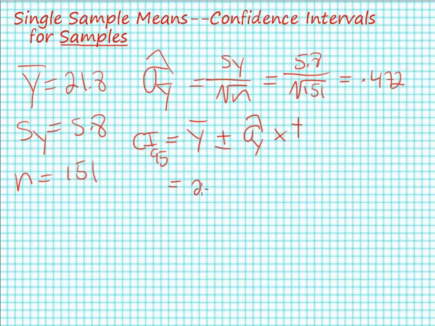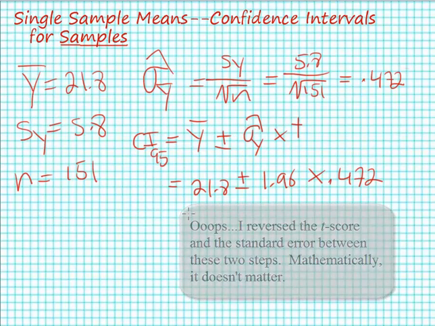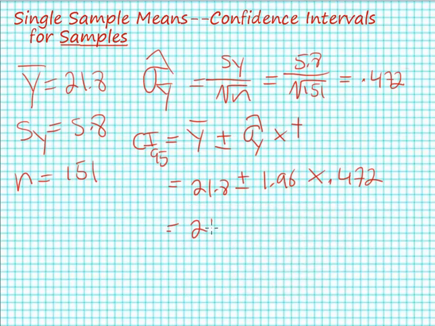Going a little further, 21.8 plus or minus 1.96 times 0.472, which equals 21.8 plus or minus 0.93, and therefore our confidence interval extends from 20.9 years to approximately